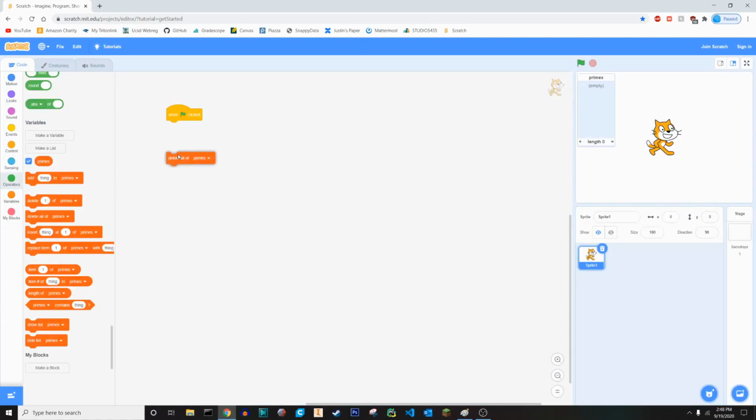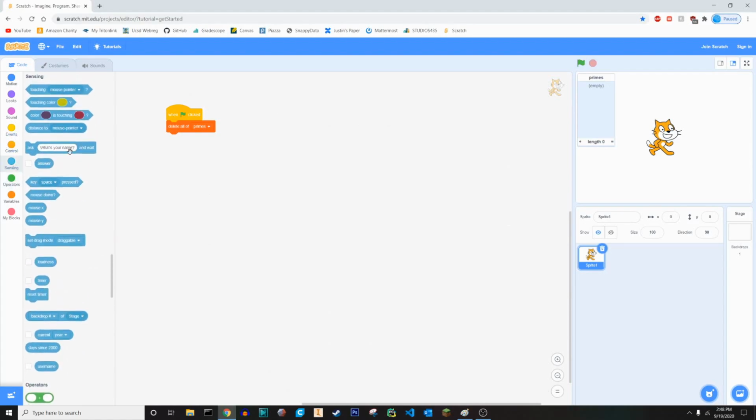At the beginning, we're probably going to want to delete all of primes to make sure primes is completely empty in case we want to run this multiple times. And then we're going to have to ask the user how many prime numbers we want to make, because we can't just keep making it forever. We need to know a way to stop. So let's ask